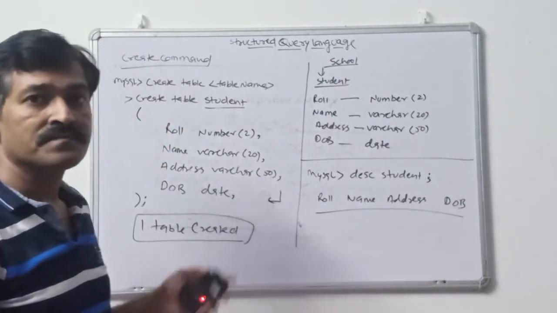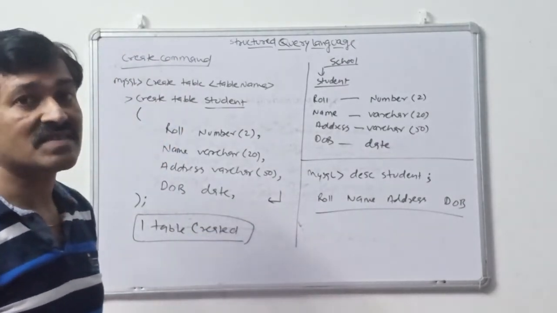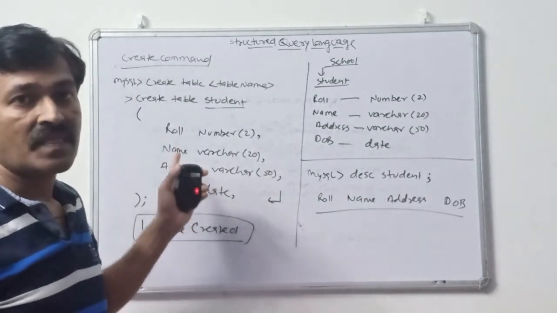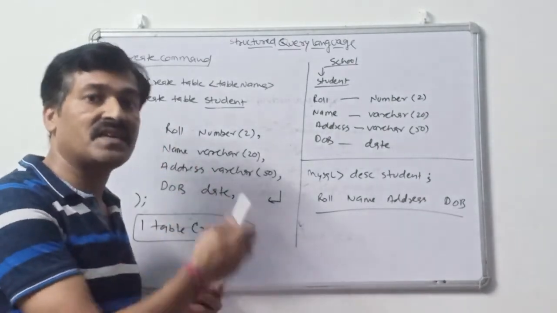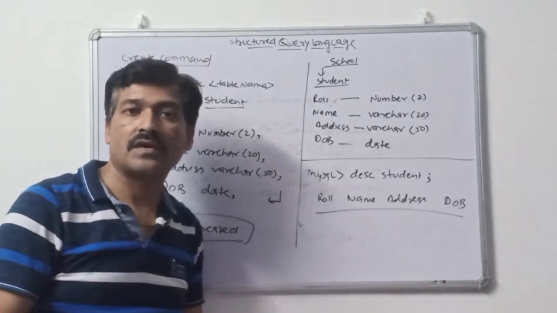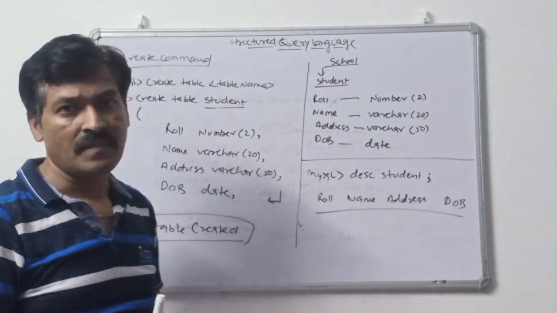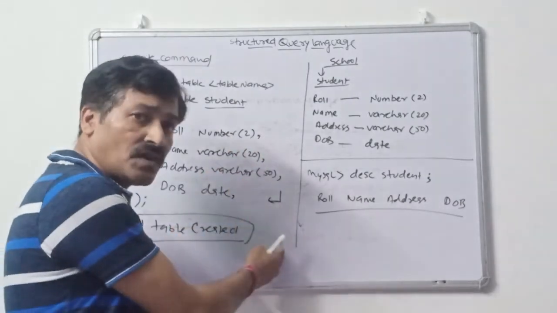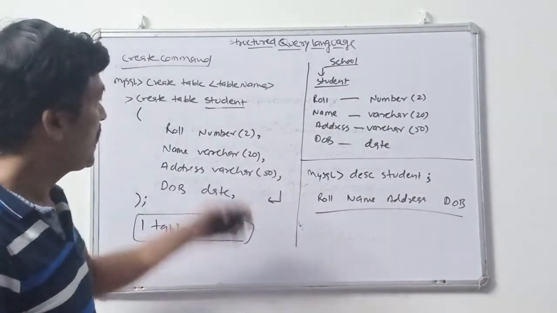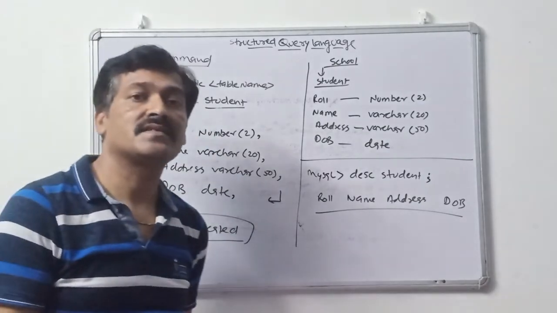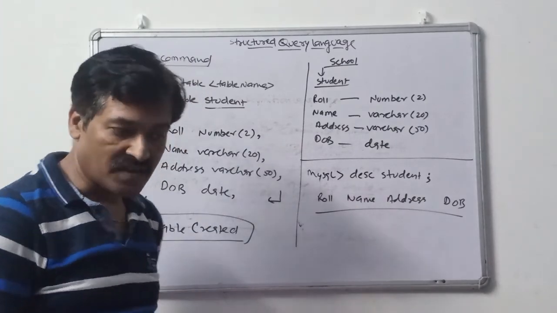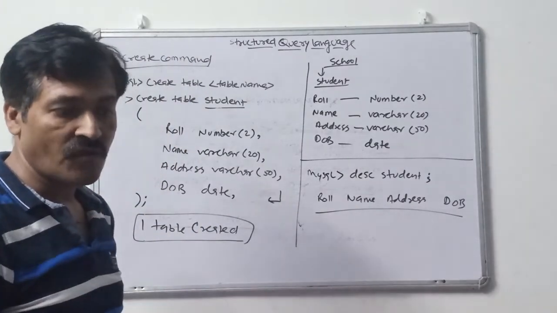So in this video, we have discussed the first DDL command, that is the create command. So try to make some different tables. My suggestion is to install MySQL on your computers. After installation, create the database, as I told you in the previous video, and then create multiple tables in that particular database, so that whatever we discuss further in the videos, you can practice.